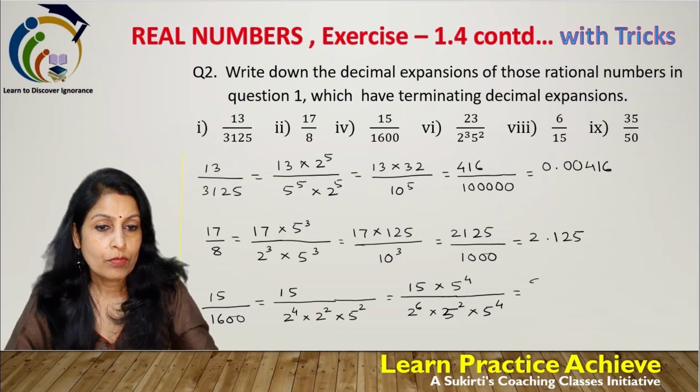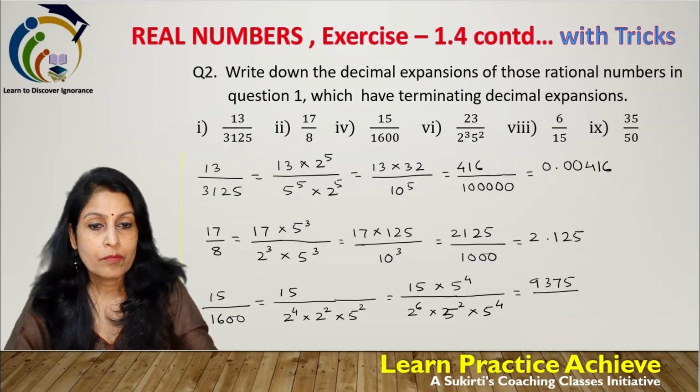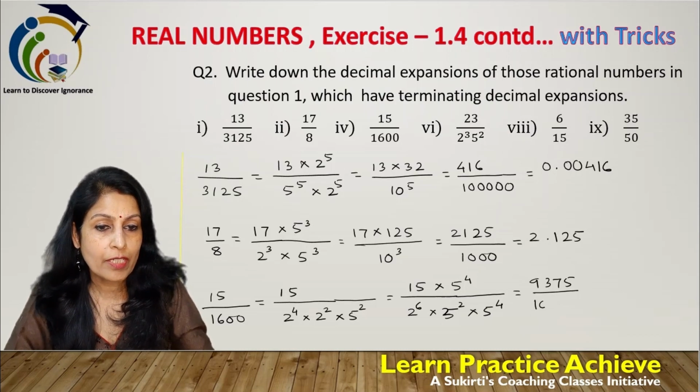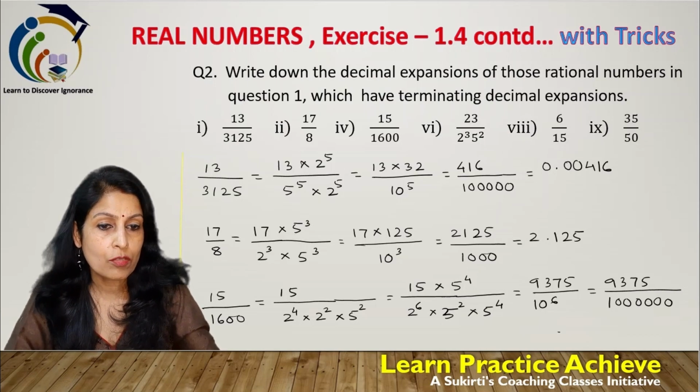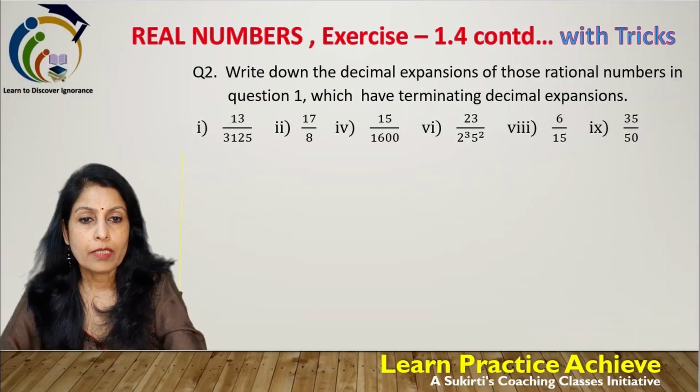So this is equal to 9375 divided by how many zeros? 5 to the power 6 and 2 to the power 6 means 10 to the power 6. This is equal to 9375 upon 10 to the power 6. 1, 2, 3, 4, 5, 6. So after 4 digits you put the decimal, but 2 more zeros are there. So your answer is 0.009375. Now part number 6, that is 23 upon 2 to the power 3